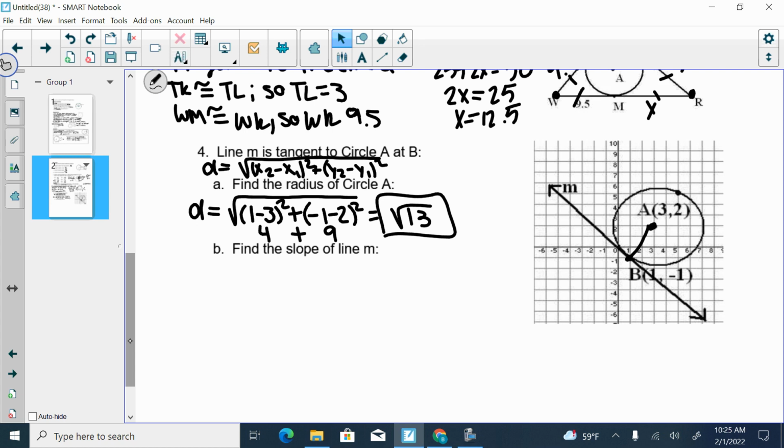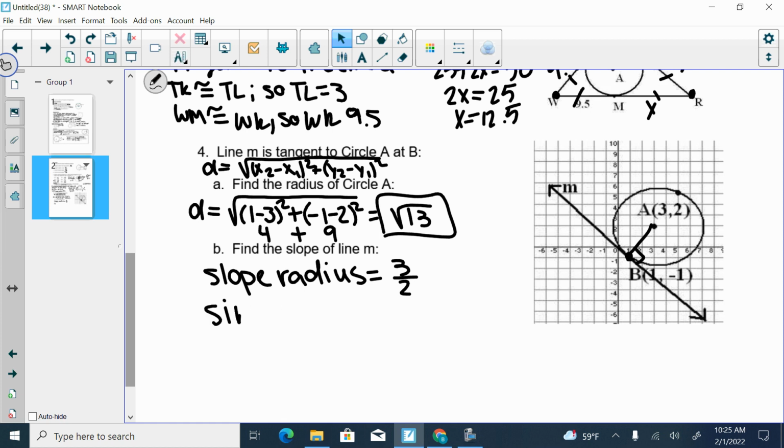Okay. All right, so they said to find the slope of line M. Well, first of all, I should just be able to remember that my radius is what to that line? Perpendicular, right? And I can easily count up and over from point B to point A, right? Because I know exactly where they are. How much do I have to go up and over to get from point B to point A? Right. So our slope for the radius is 3/2. And if those lines are perpendicular, what do we automatically know should be the slope for M? -2/3. And since perpendicular to M, slope